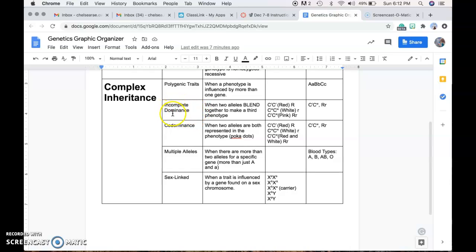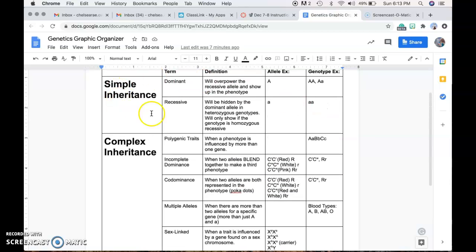The next one we talked about was incomplete dominance. That's when 2 alleles blend together to make a third phenotype. So you have a red, a white, and a pink. And that pink flower, if you remember, is going to be your third phenotype. That's the blend of the 2 other alleles. And you can see them written with either superscript, like you have in the example right here, or with the 2, the big R and the little r. Remember, you always assume simple inheritance when you're doing a problem unless they specify that it's an incomplete gene or